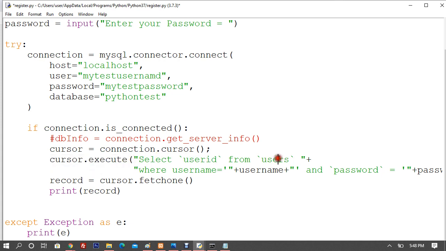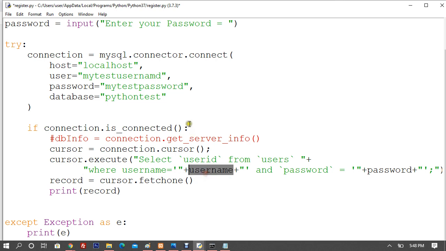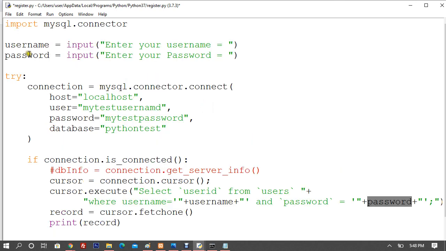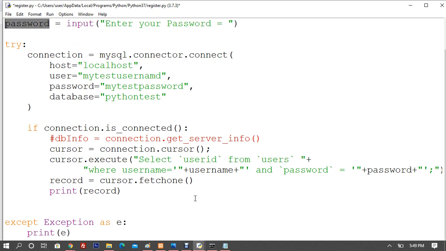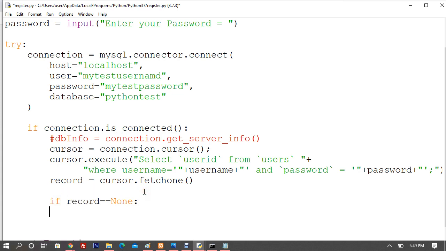Select user ID from users, because I go to the next line, that's why I had to use this plus, where, I'll just keep it here, where username is equal to the username that you are entering, right, and password is equal to the password you are entering. So now it returns none or it returns 6. Right, now you are using fetch 1. Here what I do, I will say if record is equivalent to none. Right, so I'll simply say if the record that's been returned, if it's equivalent to none, right, so I will say print